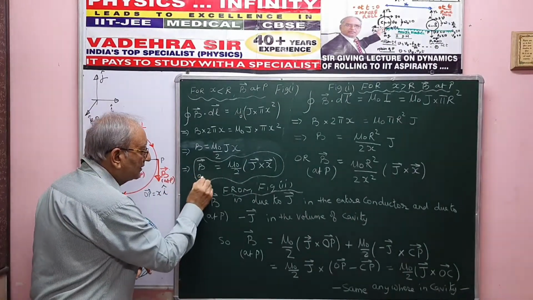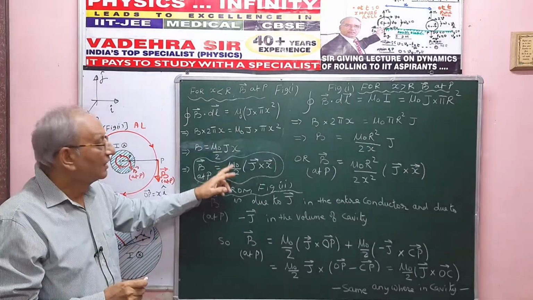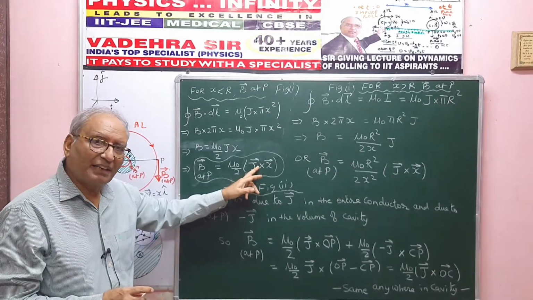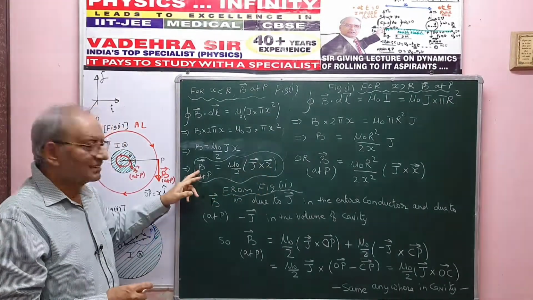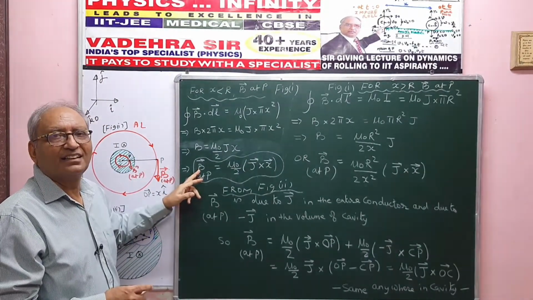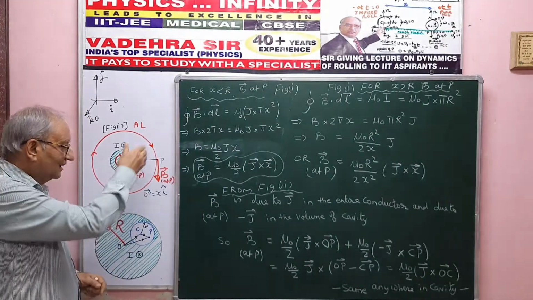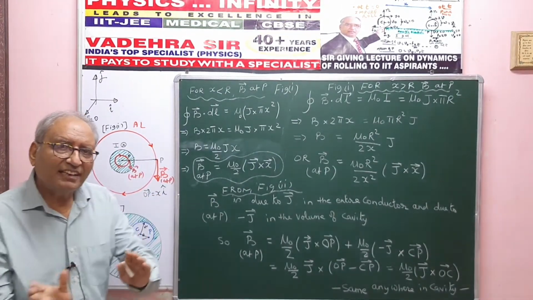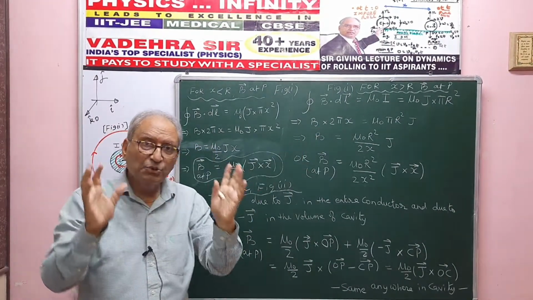So B vector at P is mu naught by 2 J vector cross x vector. J vector once again is along minus k cap, x vector is along i cap. So once again the field inside the wire, the current carrying wire, also would be along minus j cap. Now this is done. Now let's move on to the cavity problem after we have understood the Amperian loop rule